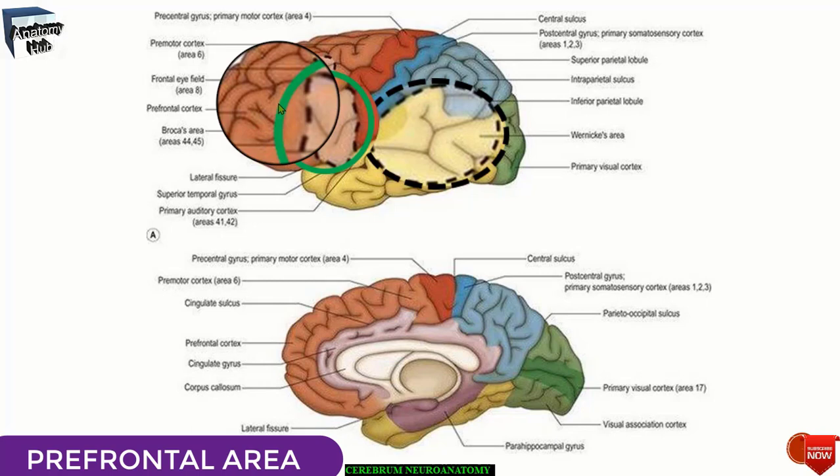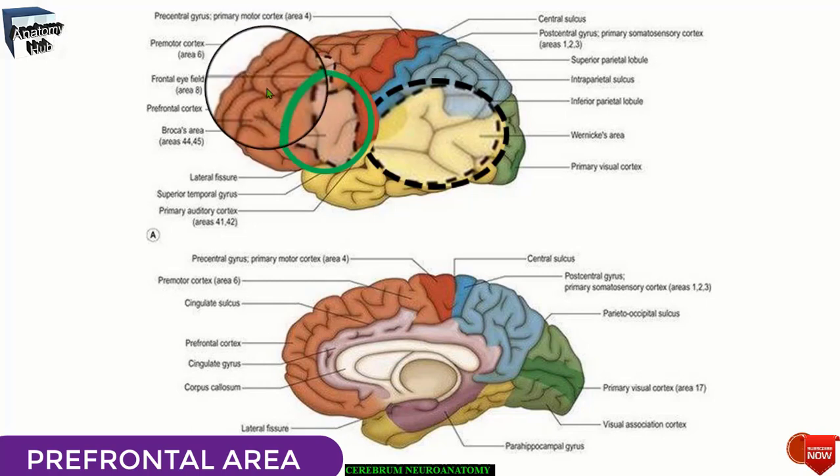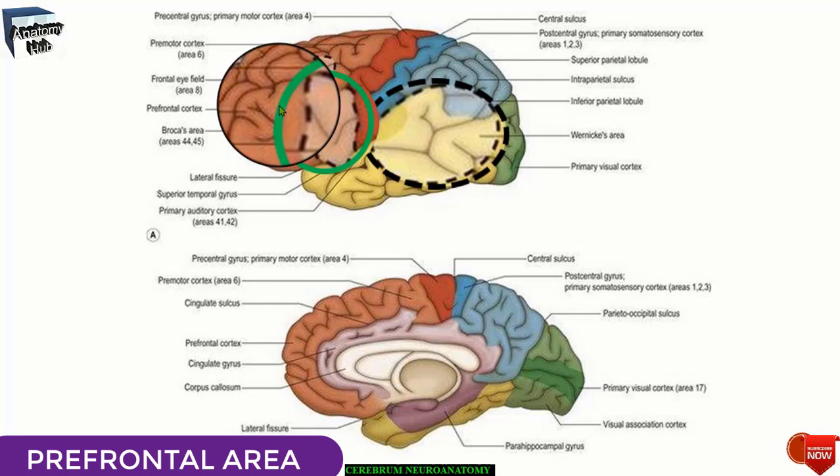If you find a lesion over here, or you can say bilateral destruction of the prefrontal areas due to trauma or tumors, it results in a profound change in personality. There is loss of concentration, initiative, and judgment, and the individual no longer conforms to the accepted mode of social behavior and becomes careless about his dress and appearance. That is inappropriate social behavior. Example: use of obscene language, urinating in public. So all these behaviors are due to damage of this prefrontal area.